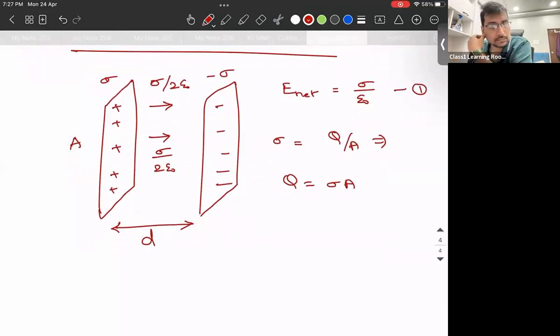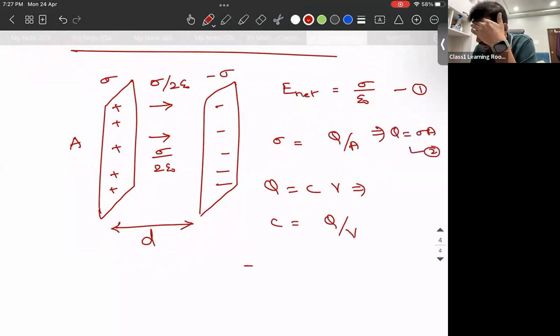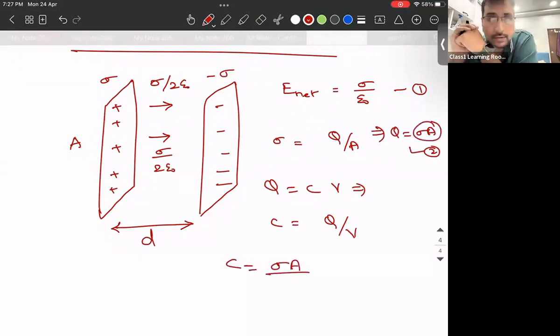Am I clear with this? I'll leave it as sigma is equal to Q by A itself. Now listen to this carefully. We know that Q is equal to CV, which implies C is equal to Q divided by V, right? And Q is equal to sigma into A. Let me call this as 2. So C is equal to, in the place of Q, I can write sigma into A, divided by, in the place of V,